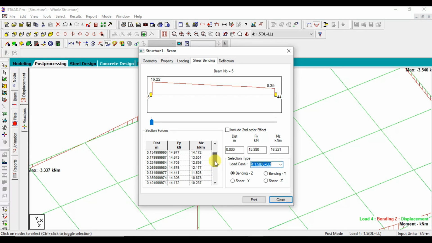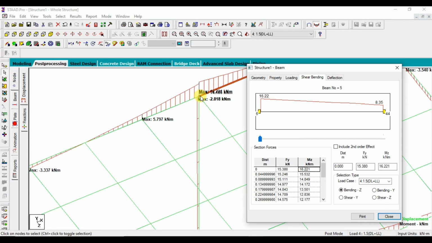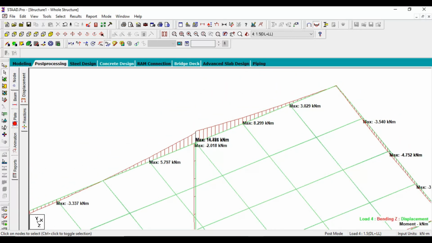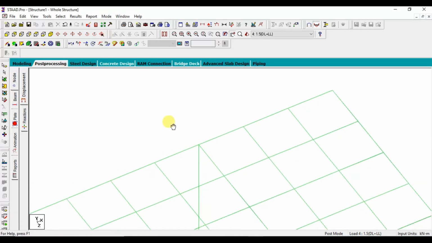So the maximum value is 16 kilonewton meter. So you can see here the maximum bending moment at this point is 16 kilonewton meter. So that value we can take, and then next let's check for shear force.